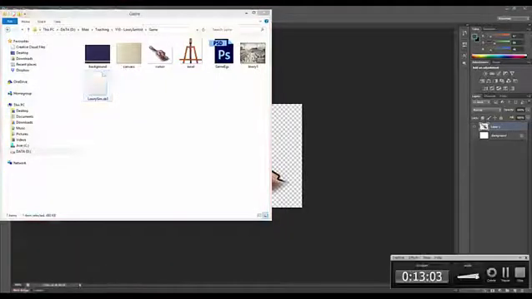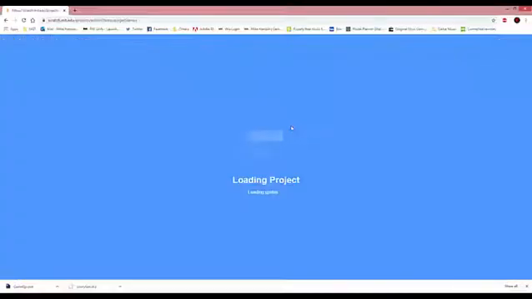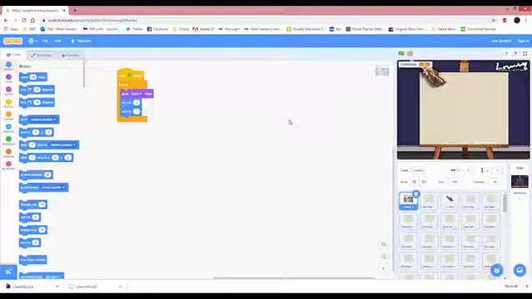Okay, pause the video. Okay guys, so all I've done since I paused the video is opened up a Chrome browser, gone to Scratch, and now I'm loading in my LowrySim game that I saved from Scratch. Of course, I'm not going to show you how to code the game. I'm not going to show you the process because it took a couple of hours, and you'll see why. So I'll show you how the thing works.